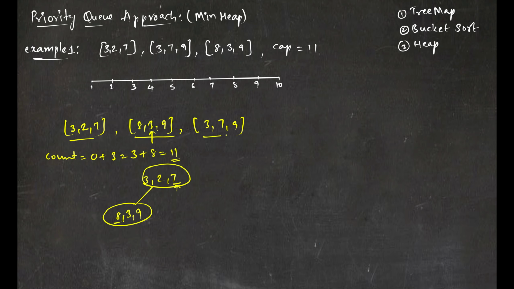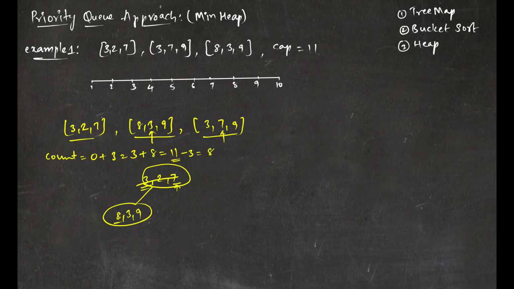Next I got 3, 7, 9, and the starting location is 7, and if you look at our priority queue top, this is ending at 7. That means it has to be removed from my priority queue. So when we are starting, this trip has to end, obviously. So if I remove this 3, 2, 7, this is having 3 passengers, so I need to remove that as well from my count. So it is having 8.